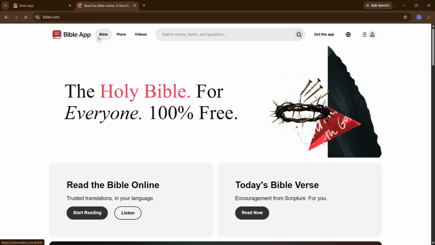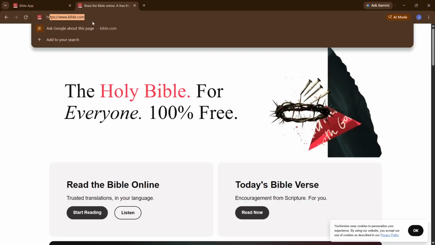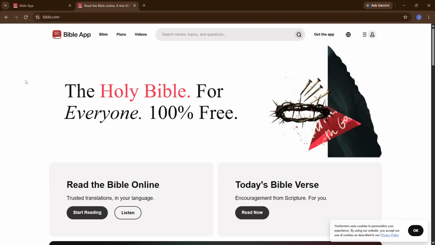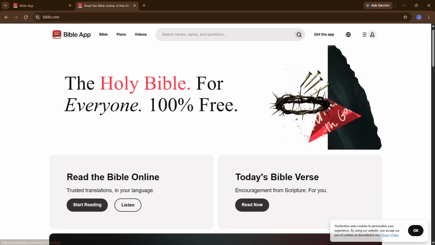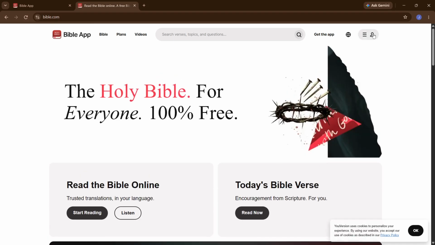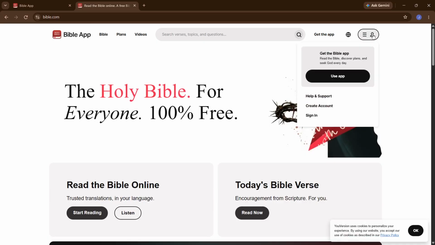Once you are on the YouVersion site, click Download the Bible app. This button is usually easy to spot near the top area of the page. When you click it, the site switches to a download page showing several device options, often with icons for phones, tablets, and computers. From there, select Windows if available, or choose Read the Bible Online to use it in your browser. If you see a Windows option, that is for installing a dedicated app on your PC.